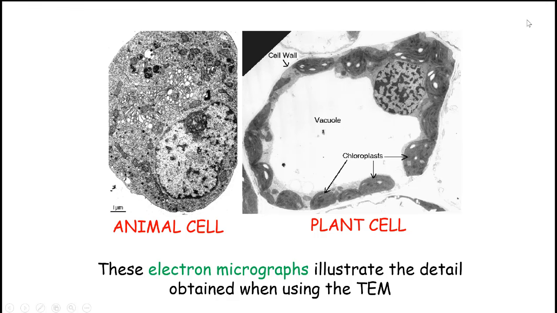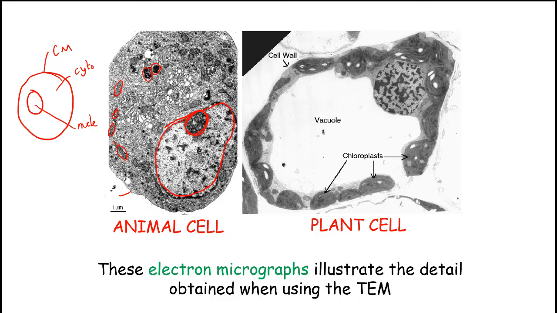With the electron microscope, you can also see inside the cells in far more detail. All the images we've seen so far of an animal cell have been done with light microscopes, where we've only seen the cell membrane, the cytoplasm, the nucleus. What you can actually see here is all this other stuff. This is all the extra detail. So this is the nucleus. This is a little thing inside the nucleus called the nucleolus. And then we've got all this other stuff. Here you can see loads of mitochondria. You can still make out the cell membrane and the cytoplasm,